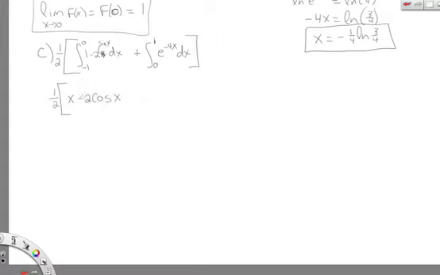I'm going to test it. The derivative of negative 2 cosine of x, the derivative of cosine is negative. That would turn this positive, and I would have the wrong answer. So I'm going to have a plus there, evaluated from negative 1 to 0,